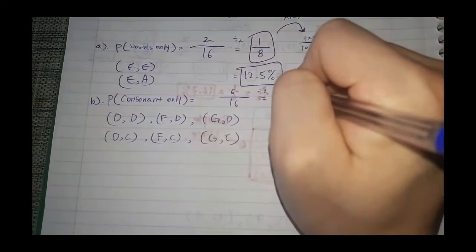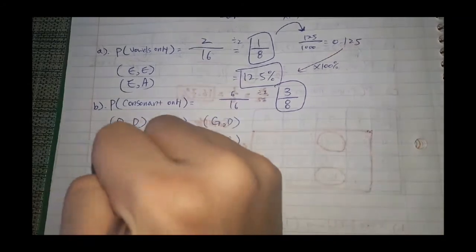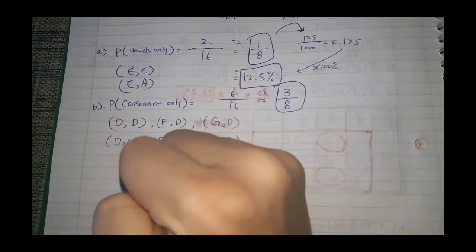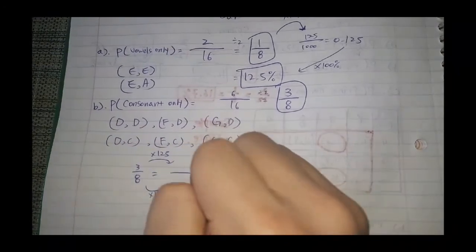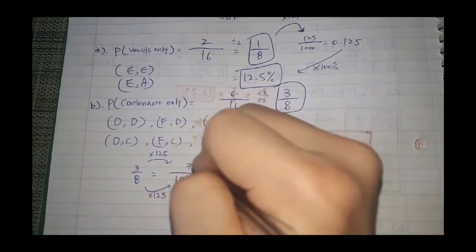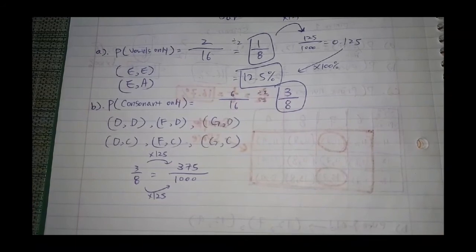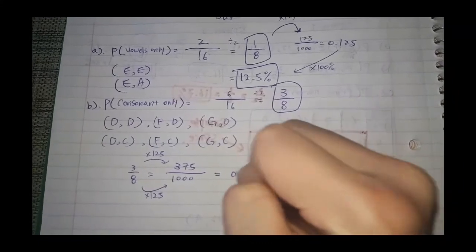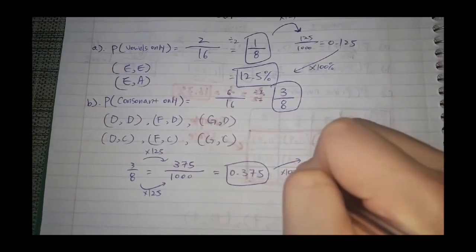So if I divide it by 2, then it's 3/8. That is my possibility. Like I said, 3/8 you can multiply by 125 and 125 to make everything into 10, 100, 1,000 so that I can convert it easily. 1,000 at the bottom. 375 is what we have on the top. So you will have 0.375, and if you multiply by 100, then you have